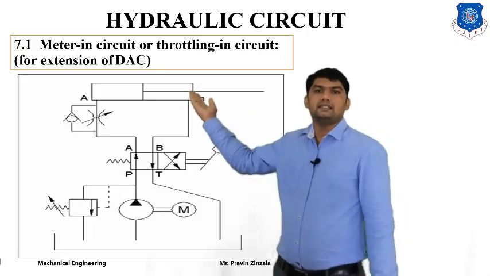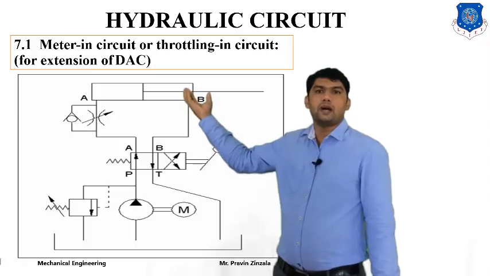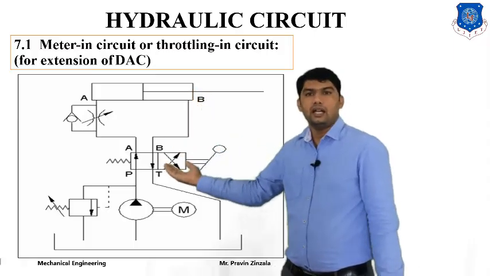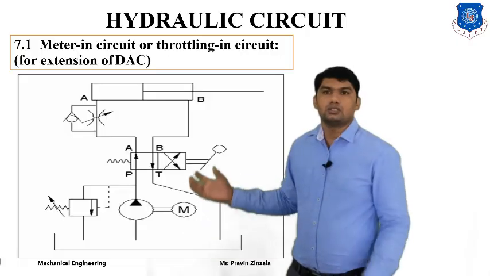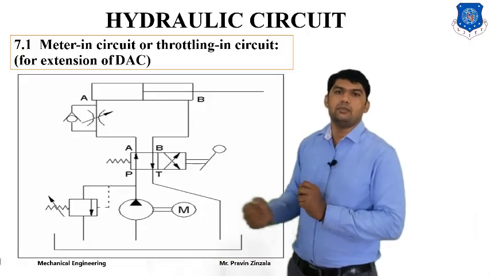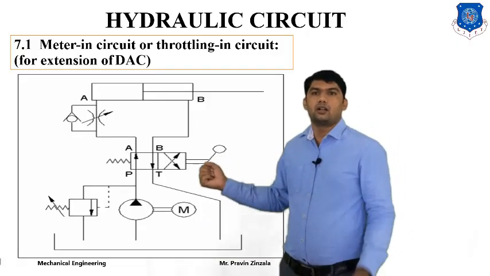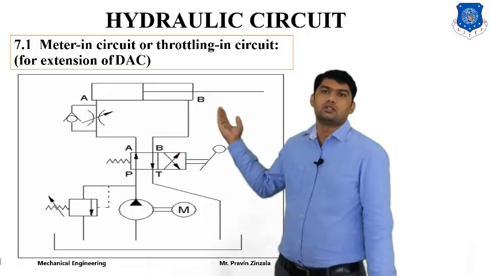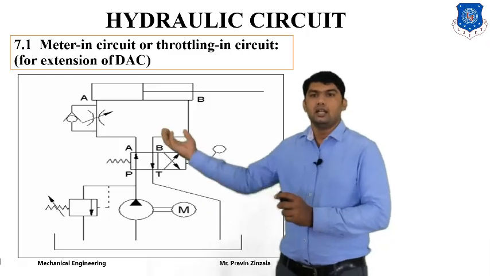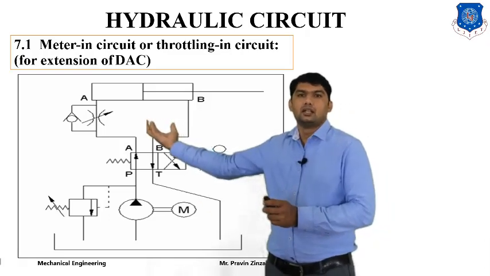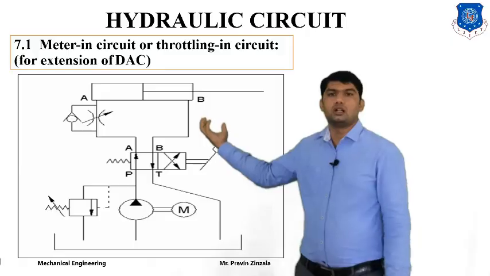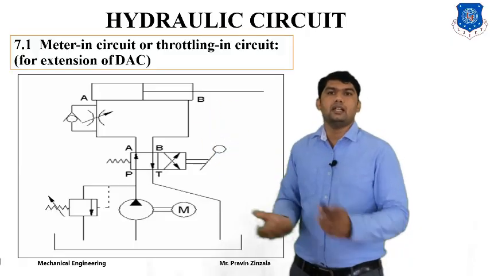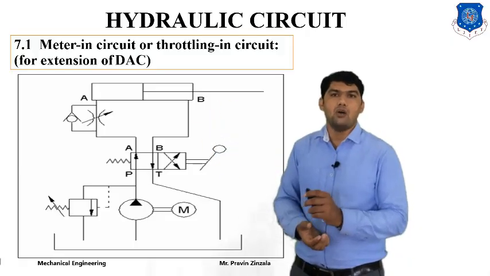And on the right hand side, fluid will be passed from B to T and from T to the reservoir. So this is the meter in circuit, meaning flow will be controlled at the inlet of the circuit for extraction. So it's called a meter in circuit. If you place this flow control valve on the B side, it's called a meter out circuit